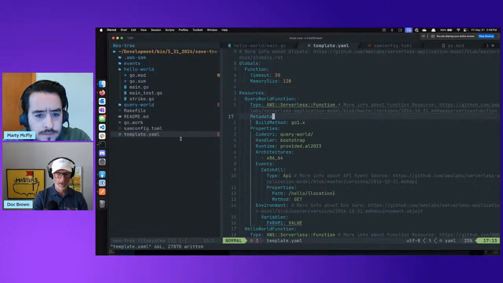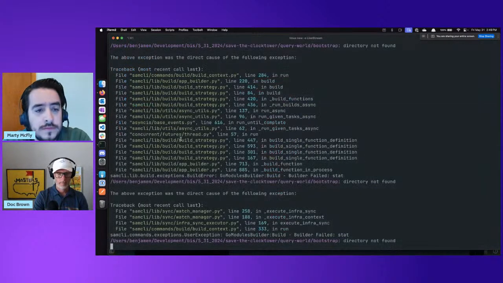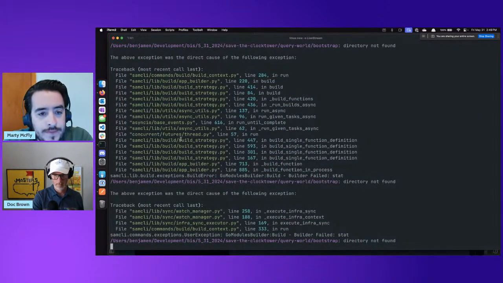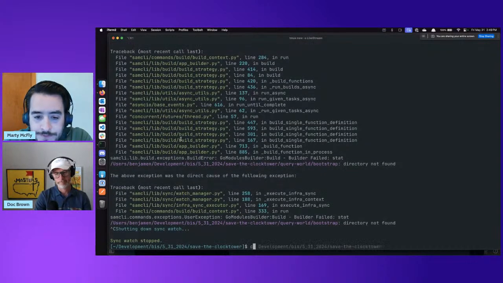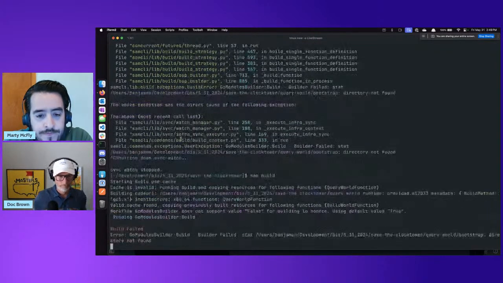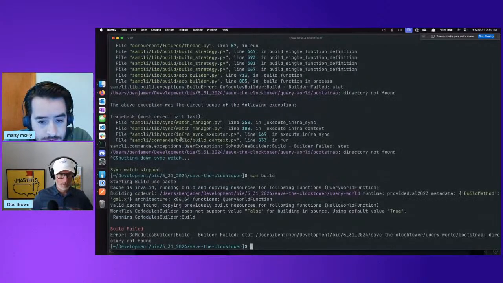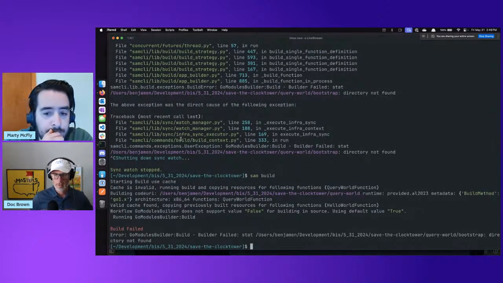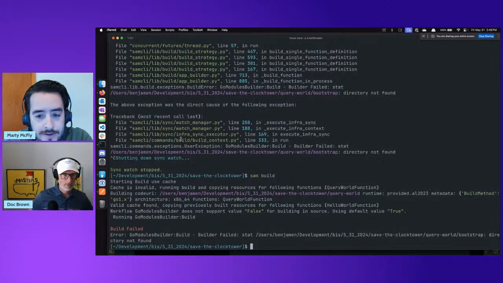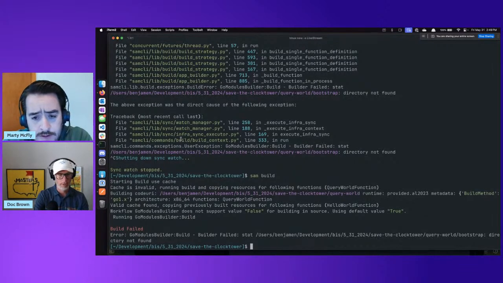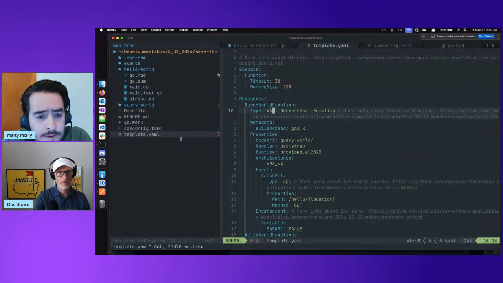And so if I go... directory not found. Function, query world, bootstrap. So it's looking for that path. Does it exist? Did not build it. So go back to Neovim.